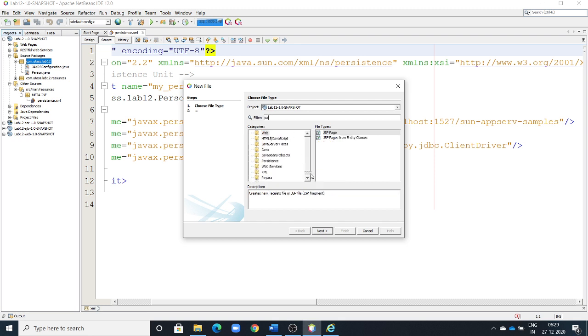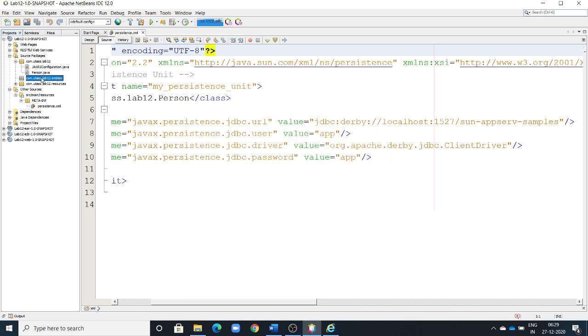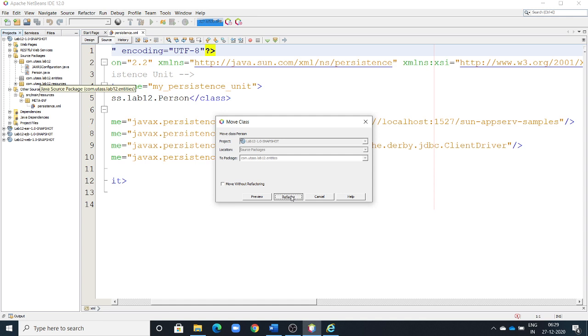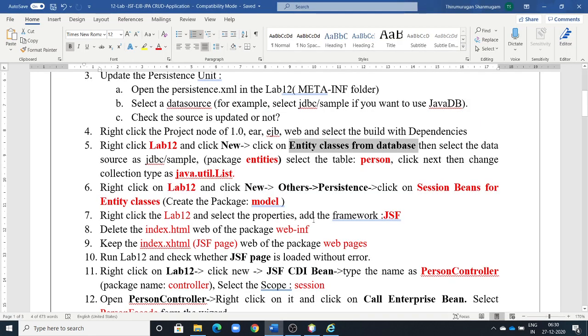We'll see whether it is okay, package is not showing. Okay, Java package is available. Click next. The name of the package is entities. Okay, entities. Click finish. I'll put the Person inside the entities. Obviously it will refactor and change. Okay, done. Don't accept the default package, that is very important. Just follow the steps, you will get the correct answer.